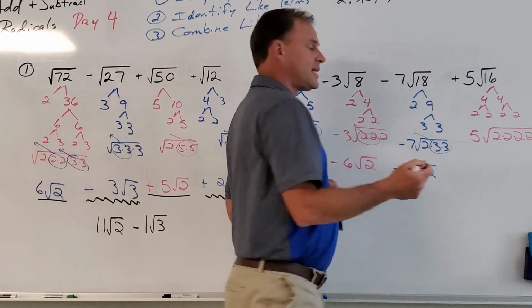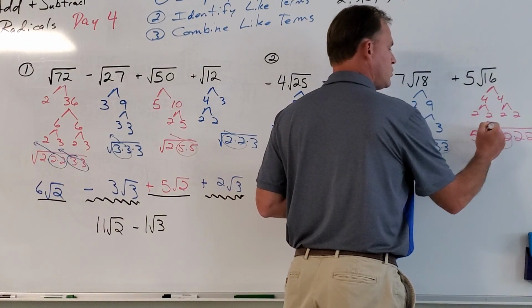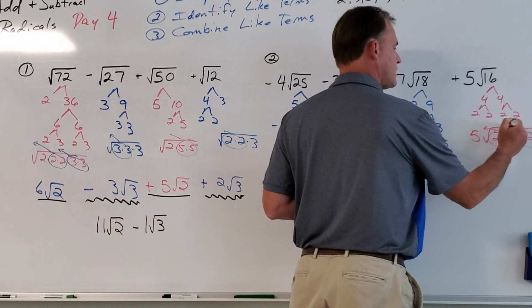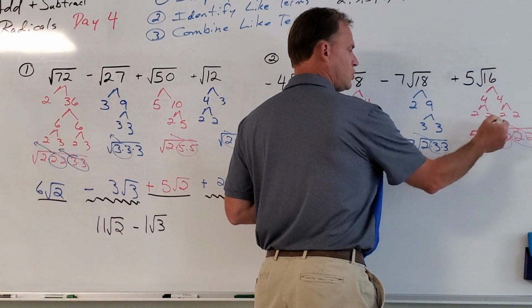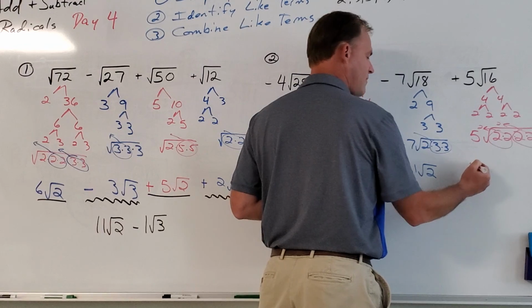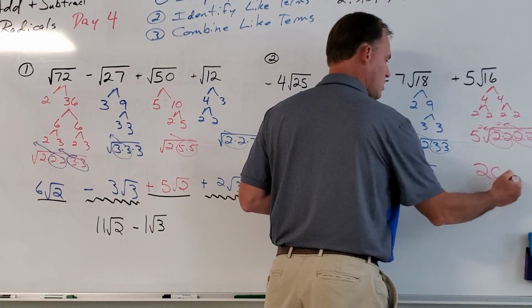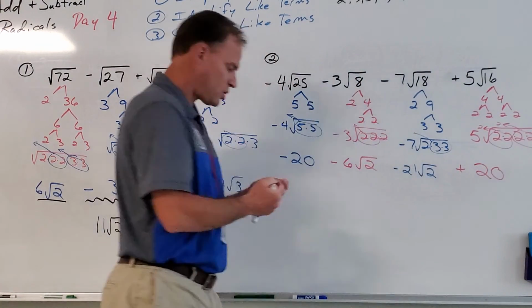Four 2's inside that radical. 1 set of 2's out, 2 set of 2's out. So I've got 2 times 2 times 5, that is 20. So now,